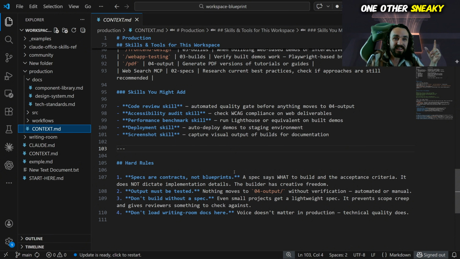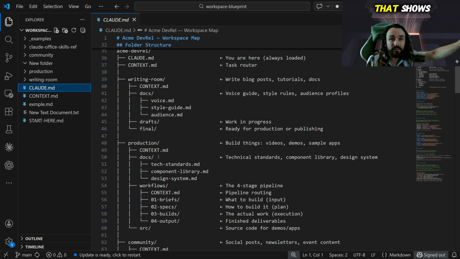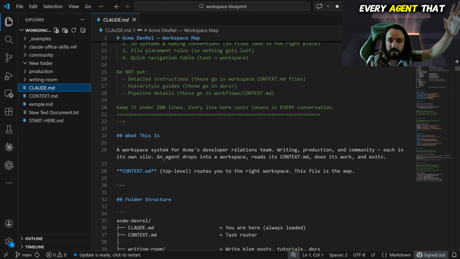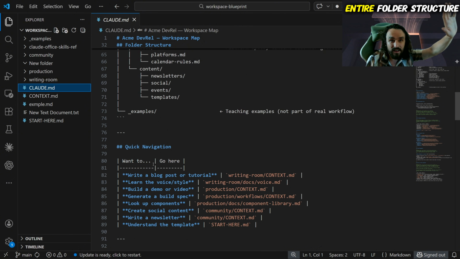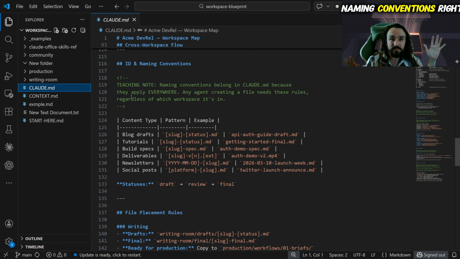One other sneaky thing I do to completely ignore databases or anything like that, in my CLAUDE.md, the main file at the beginning that shows every AI or every agent that comes into this workspace my entire folder structure and navigation, I just add naming conventions, right? So if a file's going to be outputted a certain way, it needs to name it.